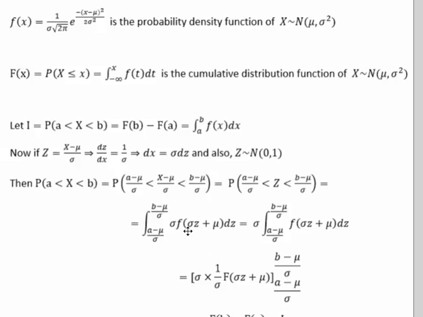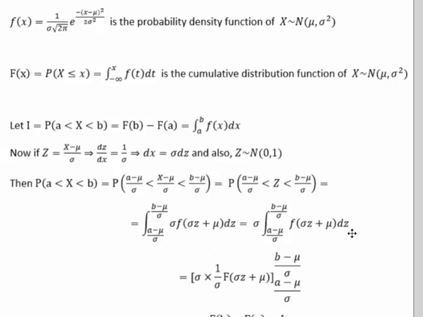So those two things cancel out to preserve the total area as 1, because you're stretching 1 over sigma in one direction and sigma in the other. And when you carry out the integral,